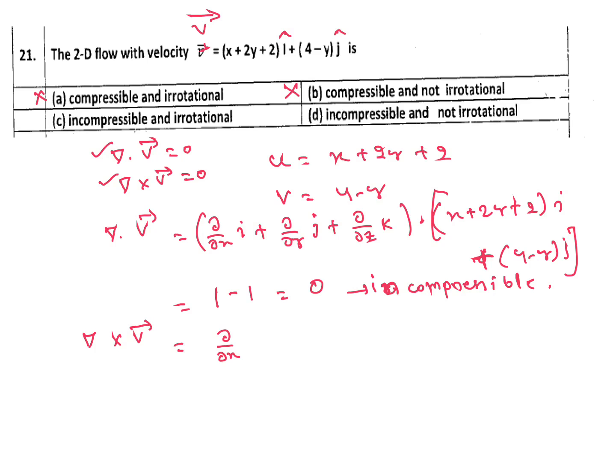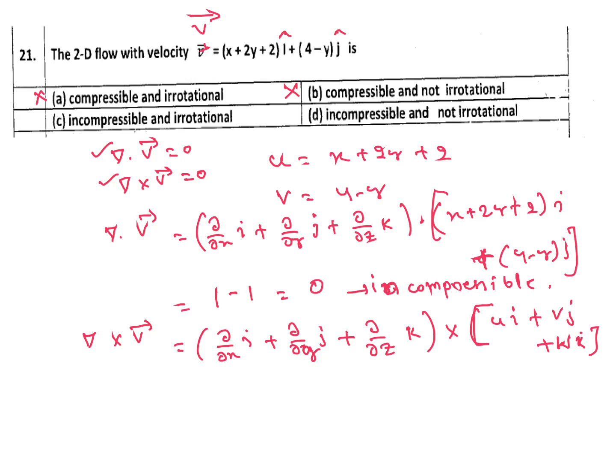Plus ∂/∂y of v plus ∂/∂z k cap. Cross V vector is u i cap plus v j cap plus w k cap. So the curl of B, del cross B, is